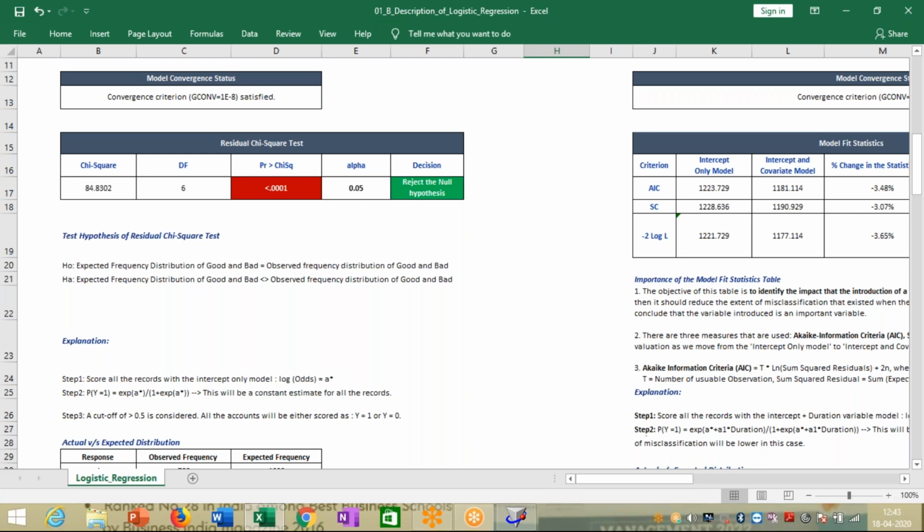So once we enter the intercept, we look into the chi-square, right? We look into the probability value, and we try to test whether the expected distribution and the observed distribution of the good and the bad are similar or not. So whether there is any statistical significance between the two or not. If the distributions are not statistically significant, then we say that fine, I don't need to incorporate any variable. But the question that comes out here is